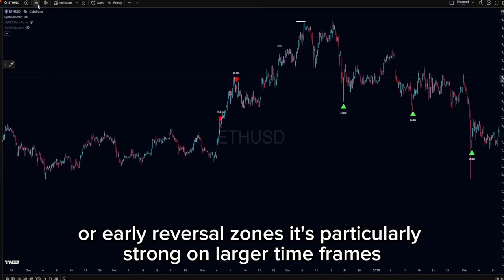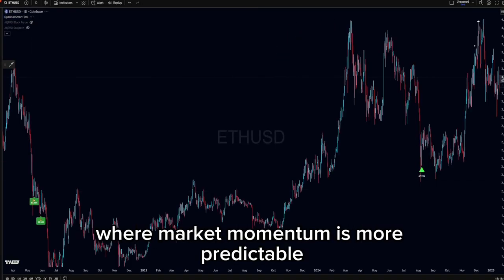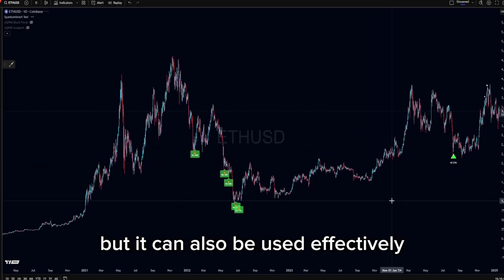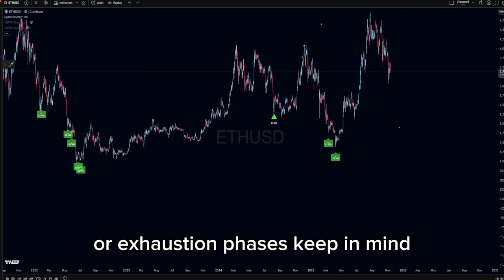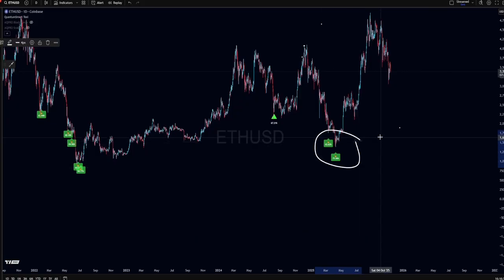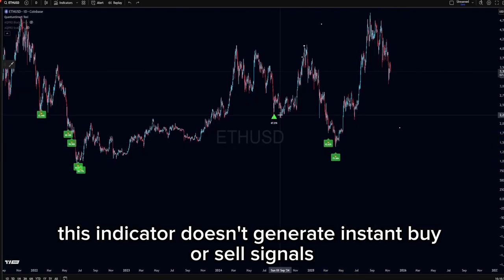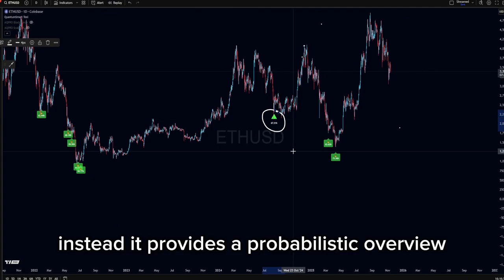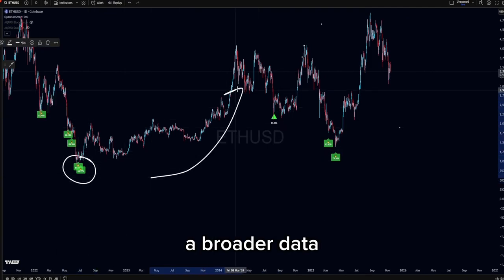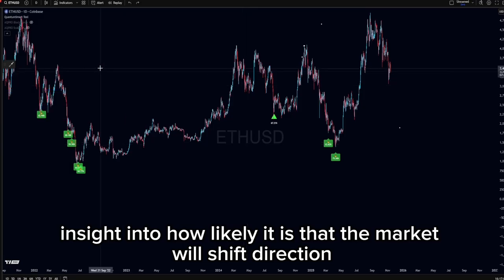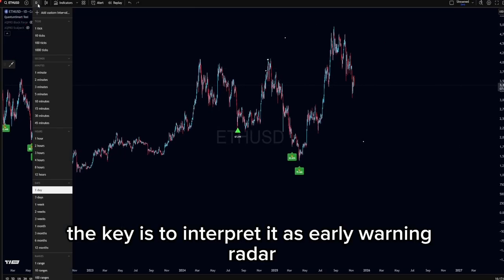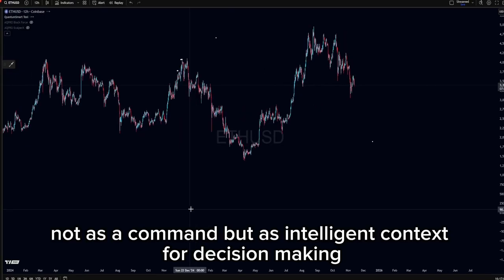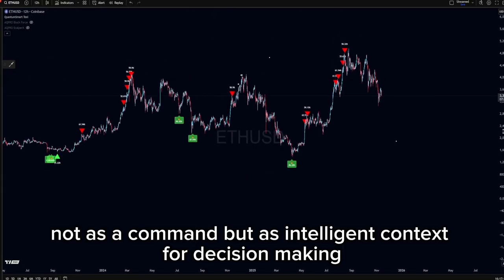It's particularly strong on larger time frames, where market momentum is more predictable. But it can also be used effectively during the day to spot weakening trends or exhaustion phases. Keep in mind, this indicator doesn't generate instant buy or sell signals. Instead, it provides a probabilistic overview, a broader, data-driven insight into how likely it is that the market will shift direction. The key is to interpret it as an early warning radar, not as a command, but as intelligent context for